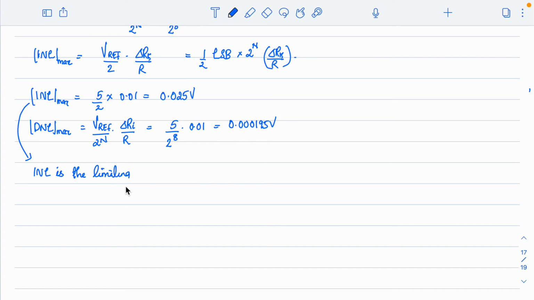So keeping that in mind, in order to find the resolution for the DAC, what we know is the INL max should be equal to half of LSB, right? Yeah, so based on that, if you calculate,